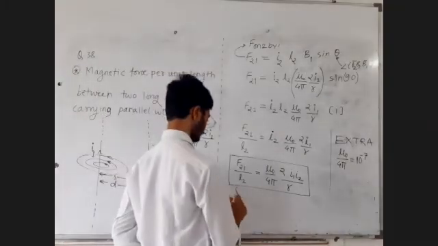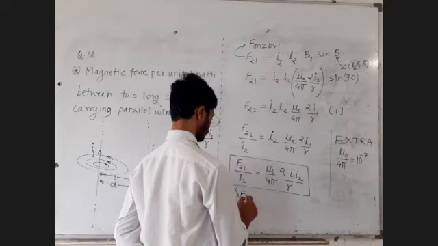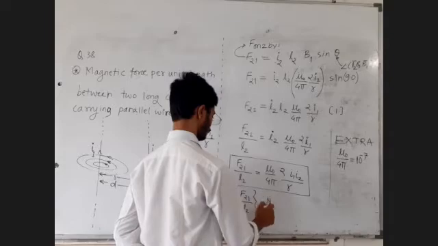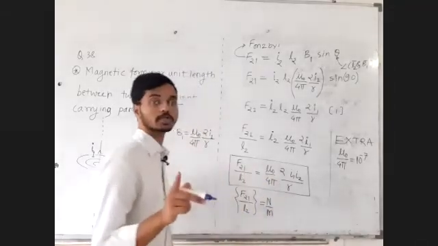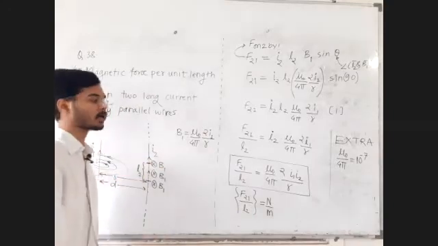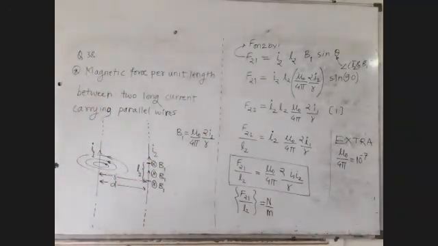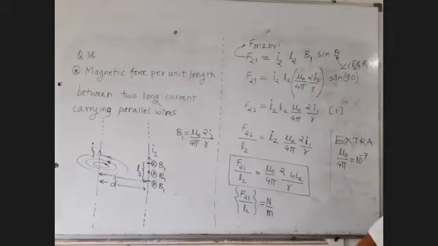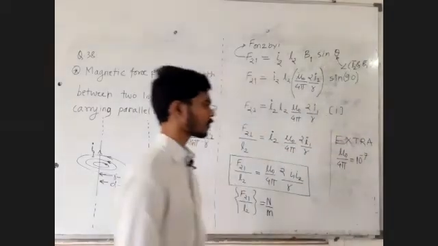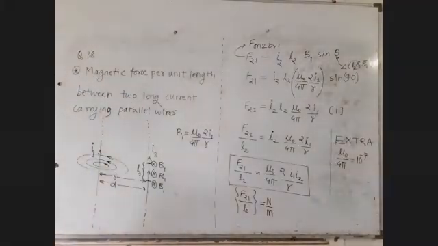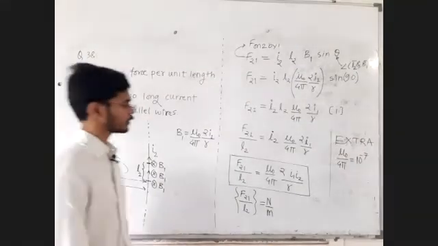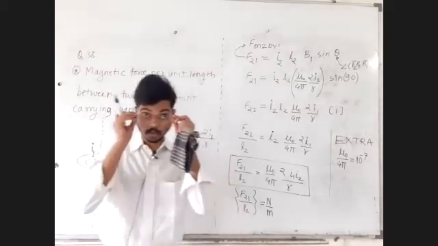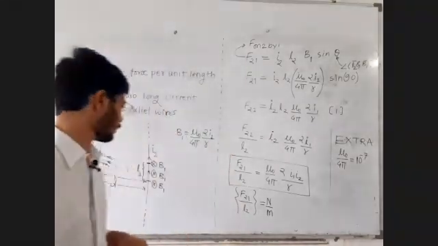याचं युनिट काय असेल बा, फोर्स पर युनिट लेंथ? That must be Newton per meter, not Newton. It's not force. It's force per unit length between the two parallel wires. So दोन parallel wires मध्ये कसा फोर्स असतोय, फोर्स पर युनिट लेंथ किती असतं, μ0/4 pi 2 I1 I2 upon r.